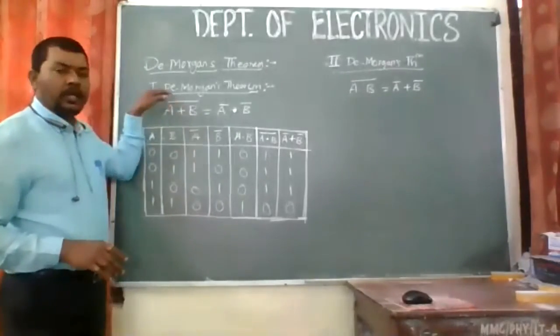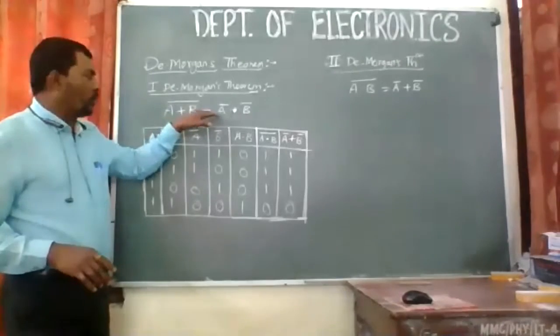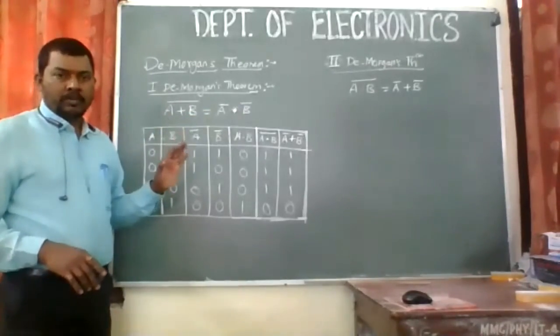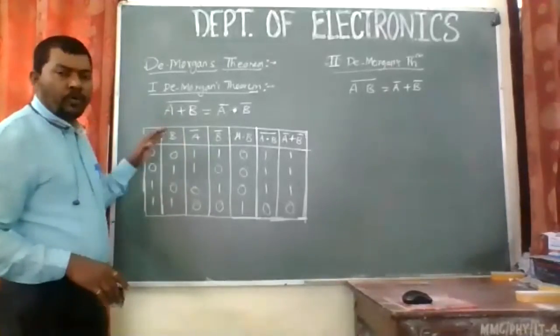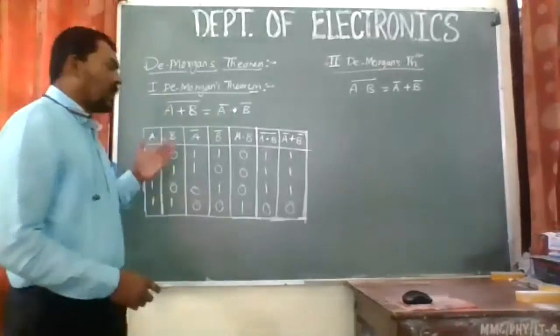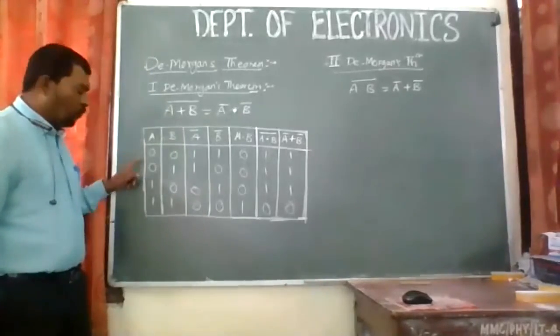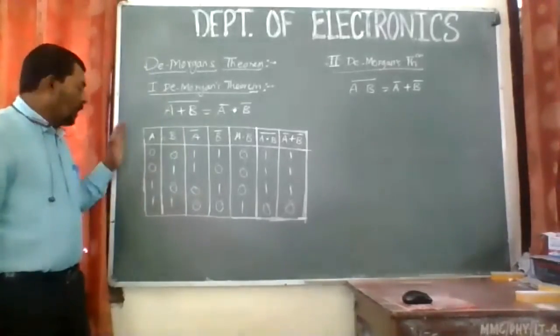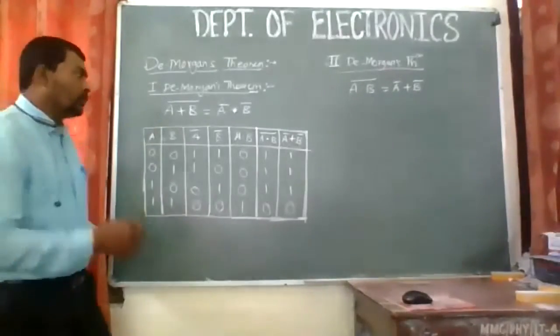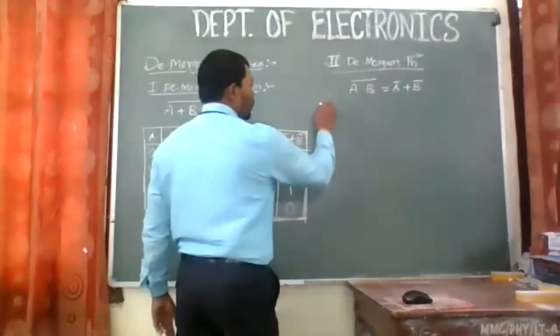So we have taken this: (A plus B) complement must be equal to A bar dot B bar, or A complement dot B complement. We have studied it in the form of a table. So today we'll try that in another format. Let us try one by one. We have four possibilities for the inputs, and accordingly we will try it in four equations. So this can be another method.